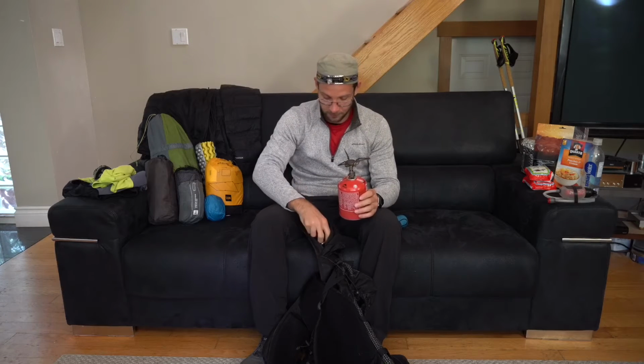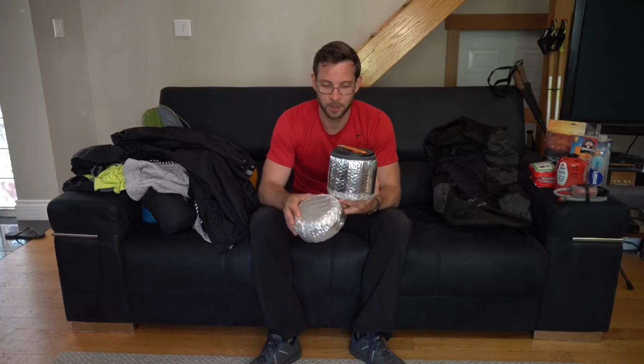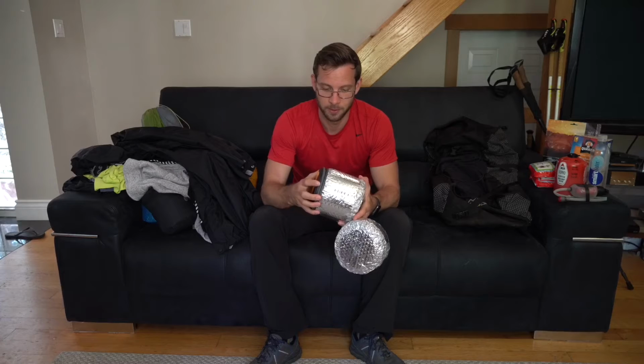spoon I have, it's a spork, so you got the ability to puncture your food, eat it, or just eat it if it's a stew or whatever. And then you got one of these. These are neat because you just put this on the bottom, and it stabilizes your propane tank. So if you are, let's say, on uneven ground, you don't have to worry about it because this will just make it stable. And last thing you want is your propane tank falling off with your food, right? And this part here is what I use to